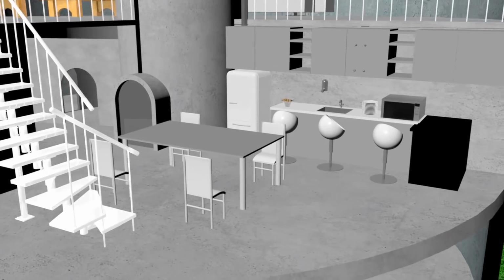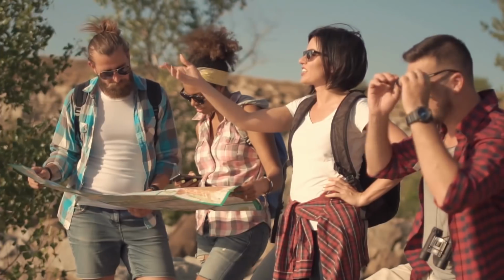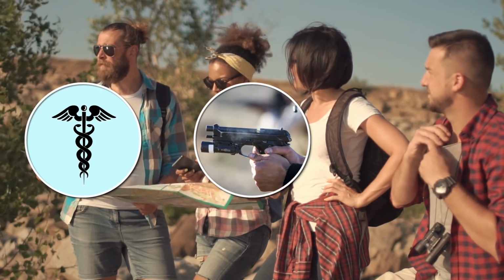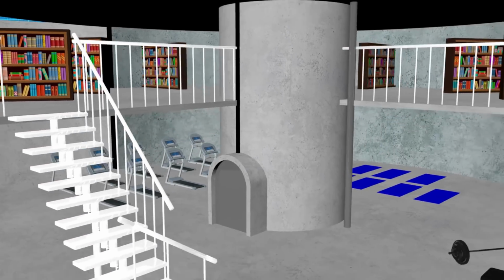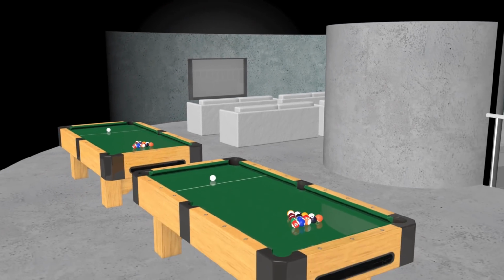You'd need a large kitchen and lounge area, and a few bedrooms for your family and friends. A survival team or community of your choosing is vitally important, with medical professionals, firearm experts, and a problem solver with technical abilities. If not, you better add a library of books so you can learn. Add a gym, cinema room, and games room, and you should have at least some entertainment to help you through